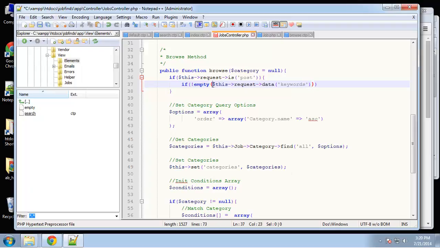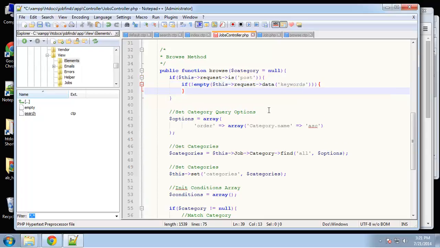Now this right here, this request data and then the name of the field, this is the exact same as, well, not the exact, because I think there are some security precautions that are taken through CakePHP, but it's pretty much like saying this. So it's pretty much the same thing, it's just grabbing that post variable. Alright, so if keywords is not empty,